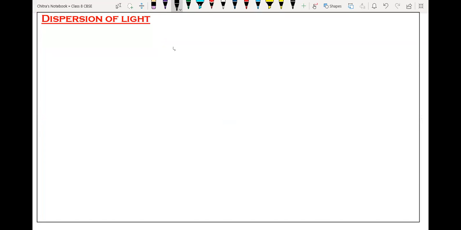First we have to understand what dispersion means. Dispersion means the splitting of white light into its component colors. In order to understand that, let me draw one picture. Suppose here we have the glass prism. Sir Isaac Newton was the scientist who made the first glass prism,